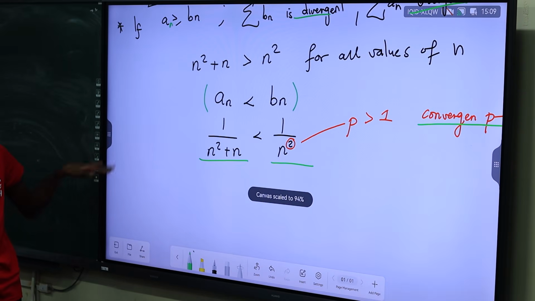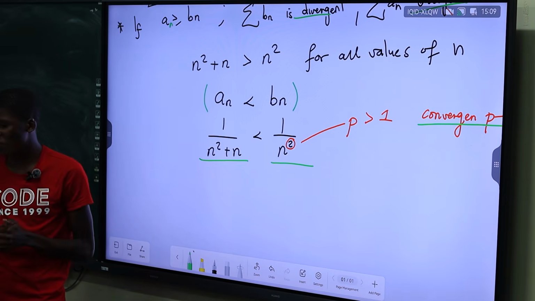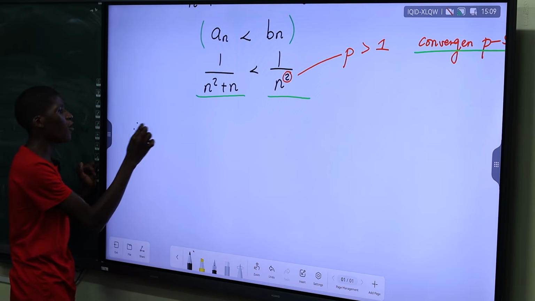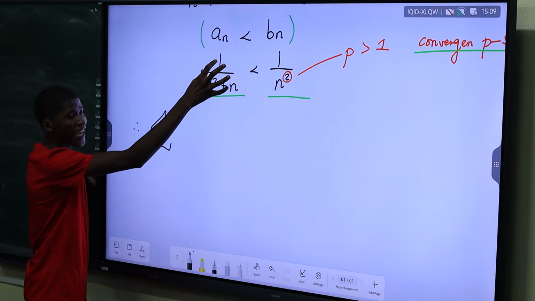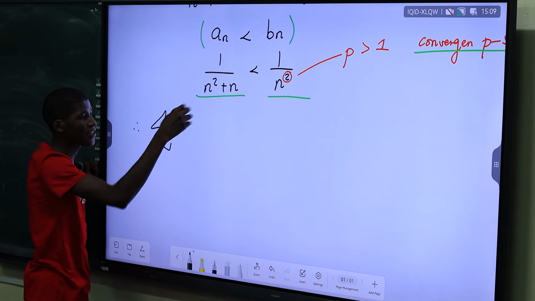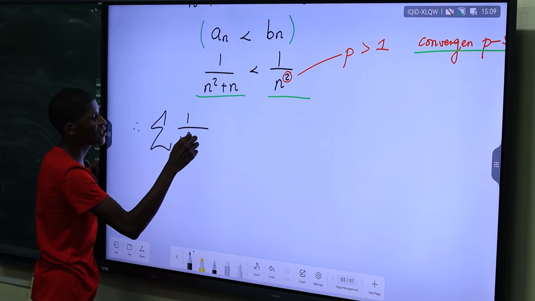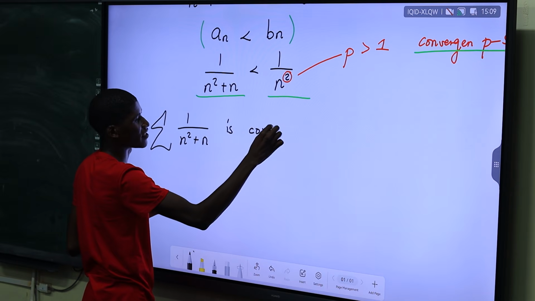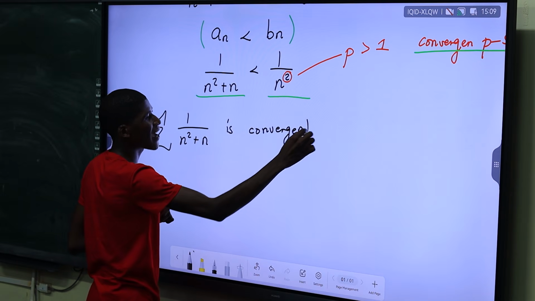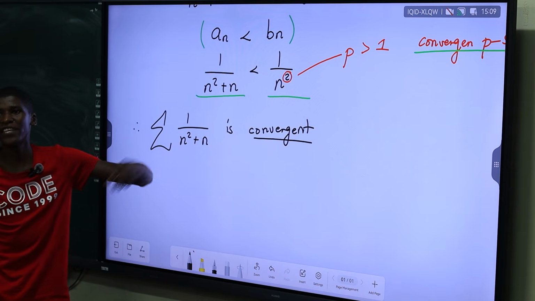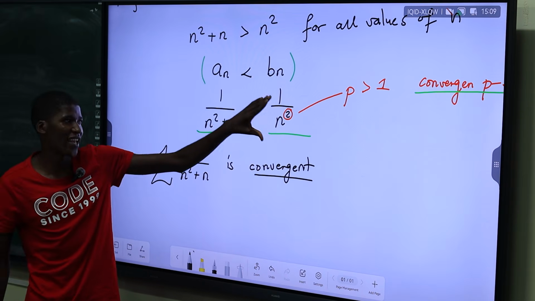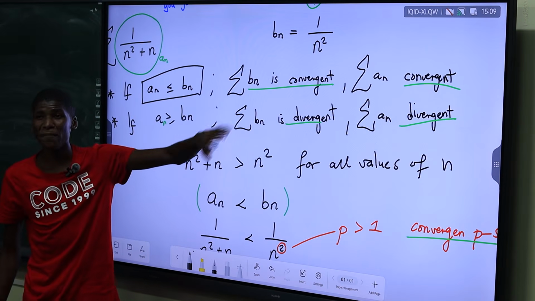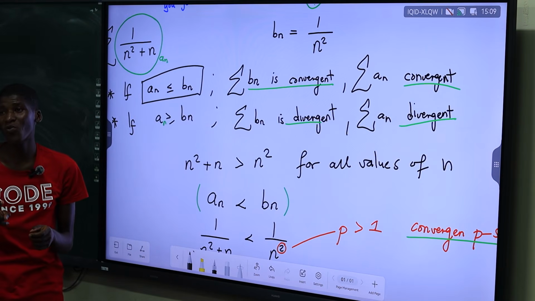So be careful on this one. Make sure that you test two things. So you can say therefore, the series with an, I'm sure we were testing with an, right? The original one. This series is convergent because its partner series now is also convergent. So its partner series 1 over n squared is convergent, and it suits perfectly the condition. Please make sure to satisfy condition 2.